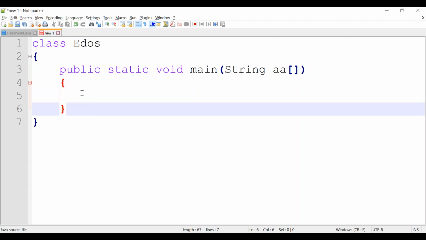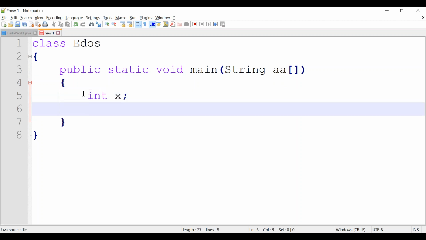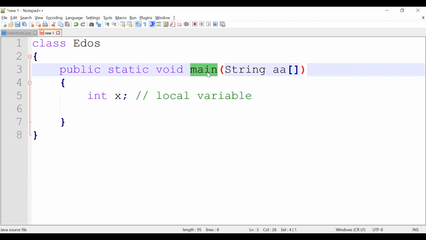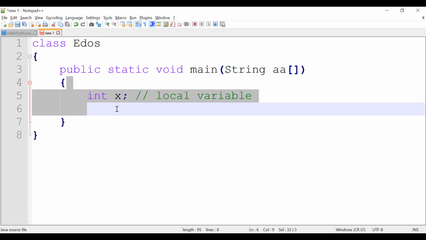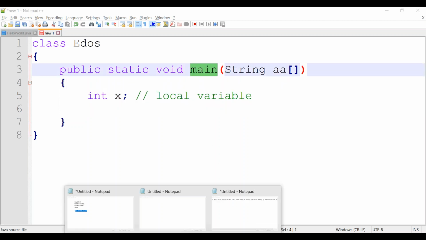We have already seen local variables, correct? This is called a local variable. Why? Because it is declared inside a method. Local variable x is declared inside the main method, right? That's why it is called a local variable.